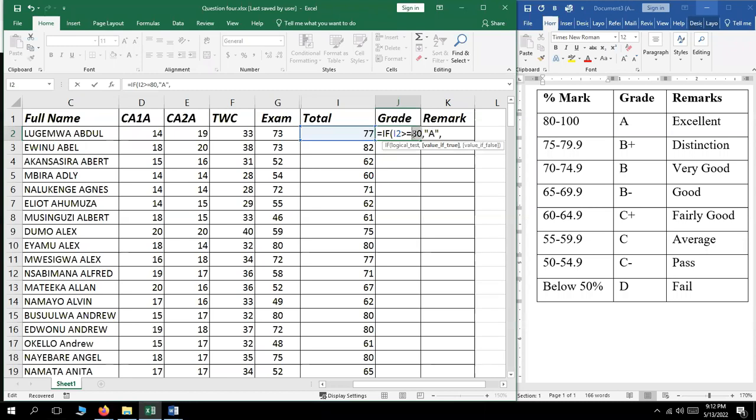When we have 80, that means the next time I'm going to put 75, and then the output B plus, okay? Until all are done. Therefore, let's say if, open brackets, that's I2 is great equals 75, comma, open quotes, type our output as a B plus, comma,